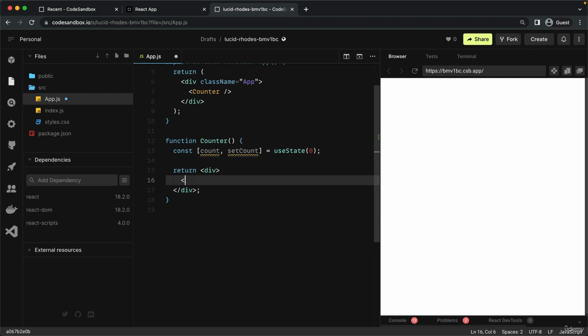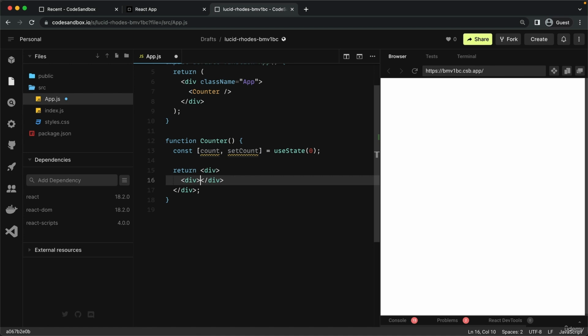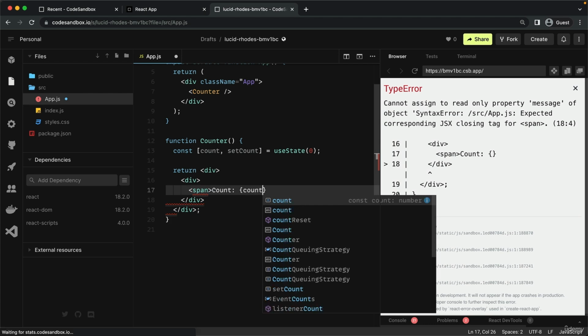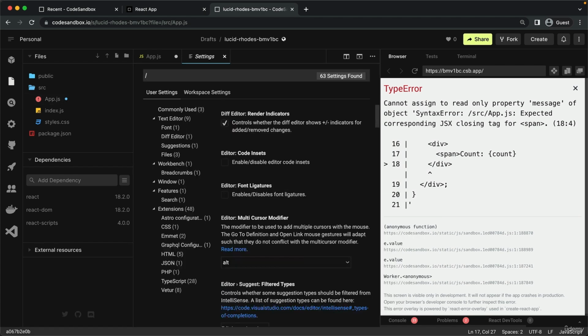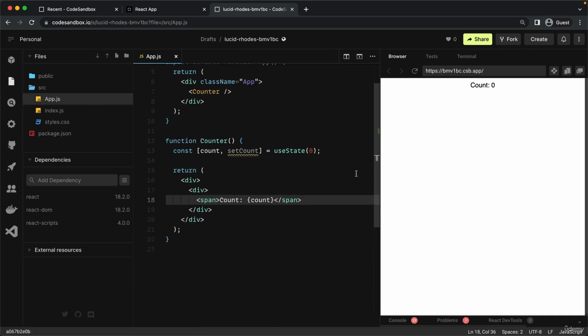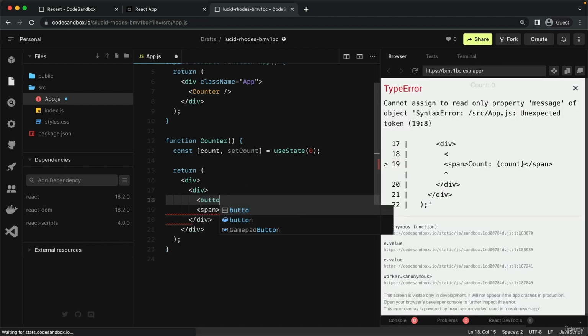And then let's just create one div with these 2 buttons and also with the value of the counter itself. So starting with that value actually, let's just count and then the count value. Oh, what's that? So count is 0, that's correct. And now we need some buttons. So button